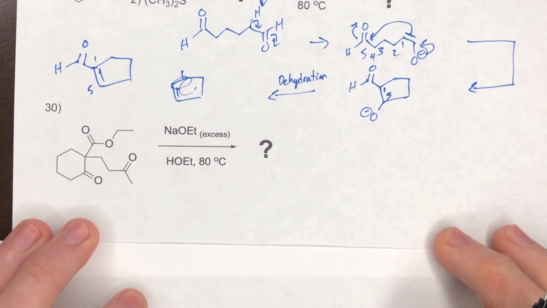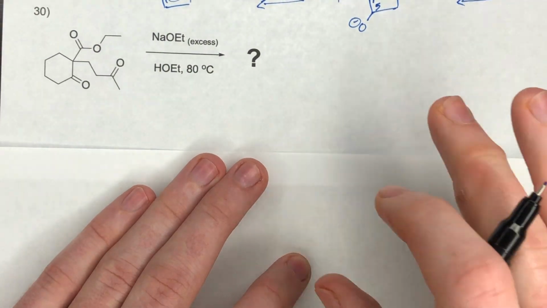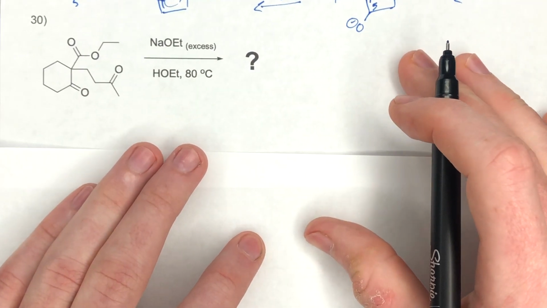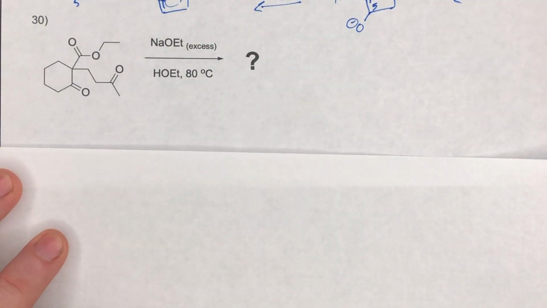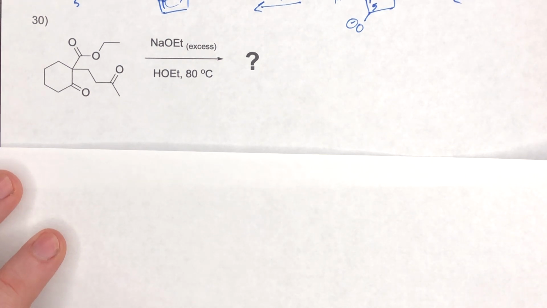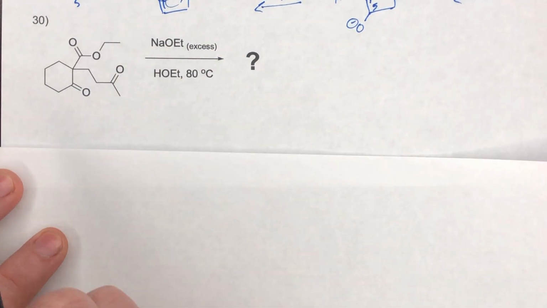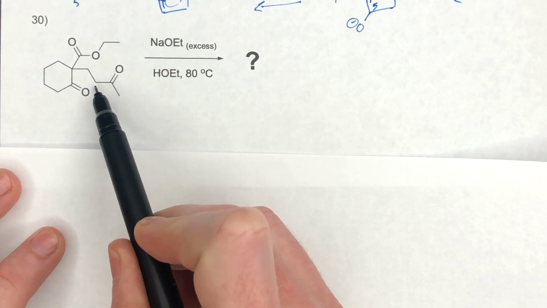All right, move on to question number 30. So here, again, we have a strong base in the sodium methoxide. We have excess, we were told, and again, we have high conditions, so we expect to get a very strong formation of the alpha-beta unsaturated ketone. So first things first, we're looking for alpha positions. So this would be the best alpha position, most acidic, but we do not have any hydrogens there because of the full unsaturation. So the only 2 positions that we do have are of the ketone, which are here or here,